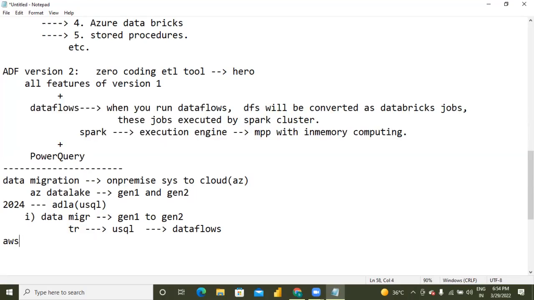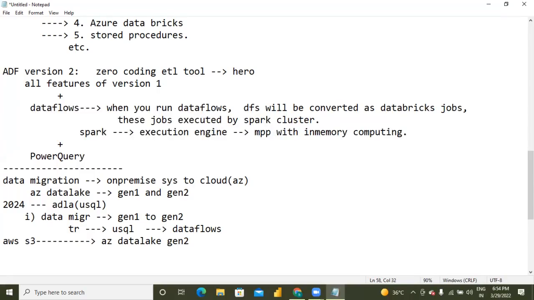But where is his previous data? In AWS S3. In AWS, the storage, like you have Blob Storage in Azure, they have S3, Simple Storage Service, in S3 buckets. Now I want to migrate all the data to Azure Data Lake, the latest one, Gen 2. This is another migration kind of project.